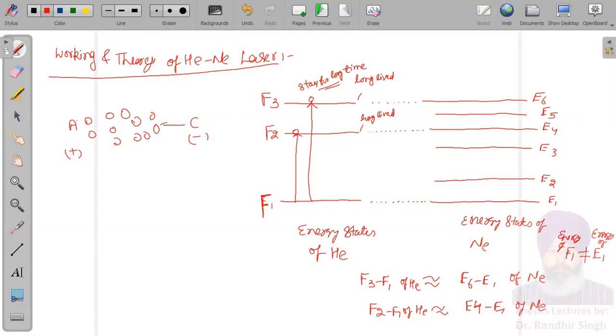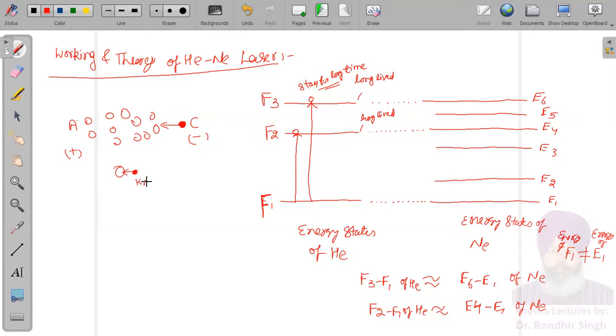The cathode will emit electrons because of the potential difference applied by the external high tension battery, which is also called the accelerating potential. So this electron is traveling from cathode to anode. As it is going from cathode to anode, it will strike a gas molecule. Due to collision,